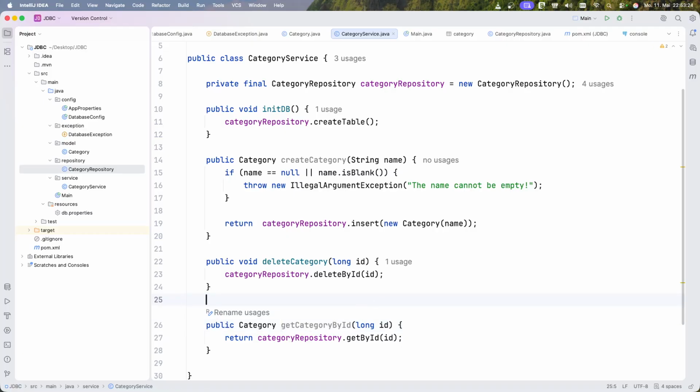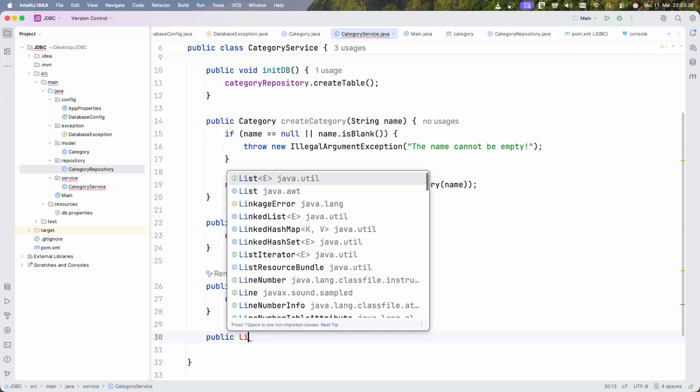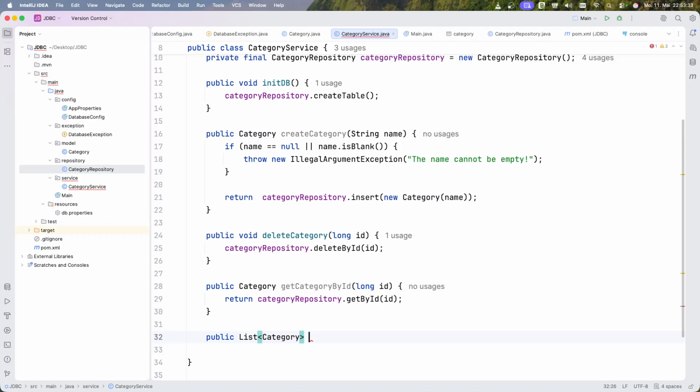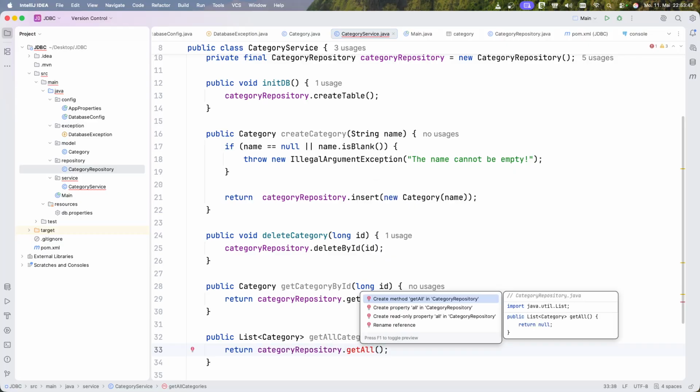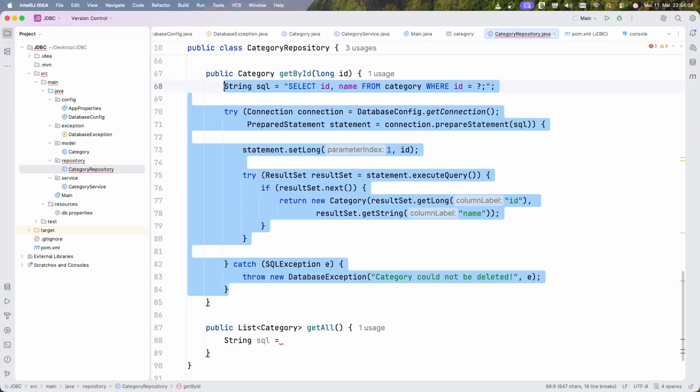Great. Okay, let's not only grab one category, but grab all the categories. So we want to grab a list of categories, and we're calling this get all categories. So this is what we're doing here, and we're just returning a get all method. It's not created yet, so we're going to create it in the repository. So we have the get all method now down here, and this is pretty interesting right now because we just do the same thing as before. Maybe let's just copy it once again,